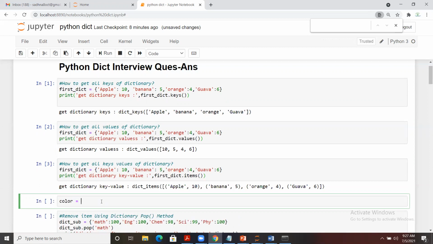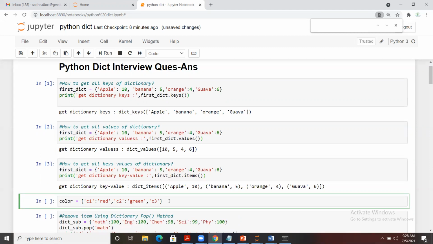Let's say I have created a dictionary with the name color, and I have put C1 as a key, and here I'm giving some name, let's say red. Then I have created another key, which is C2, and the name is, let's say, green. And let me put some more key and value pairs.